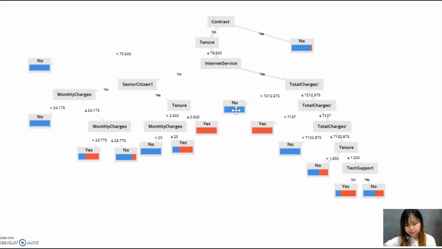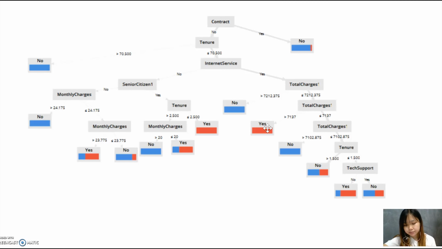therefore they will not leave. For observation 8, with reference to our points above, customers that have a total charge of more than $7,137 are very likely to leave Singtel. This may be because they might not be satisfied with Singtel internet services so far. Moreover, they feel that Singtel services are expensive and there are other cheaper and better telco services, therefore they would